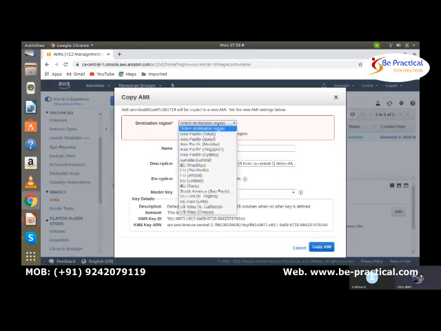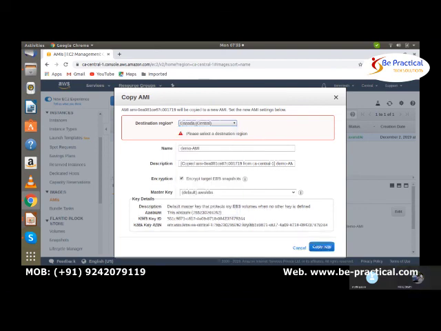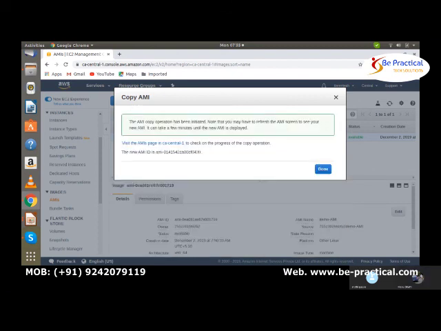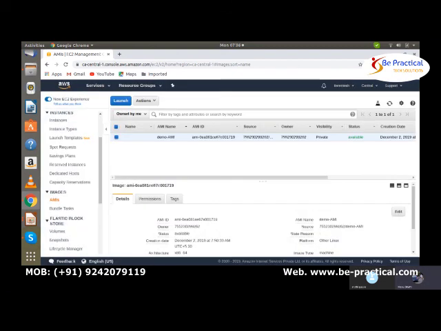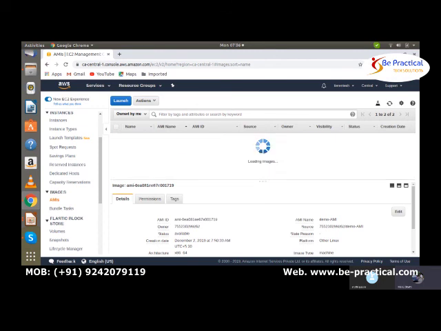I didn't select the region, so I will copy into the same region, Canada Central. Default key, copy AMI. Here we can see that it is in the pending status. So what we are actually doing right now is encrypting it.